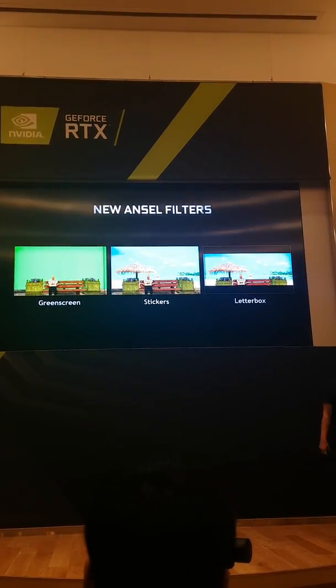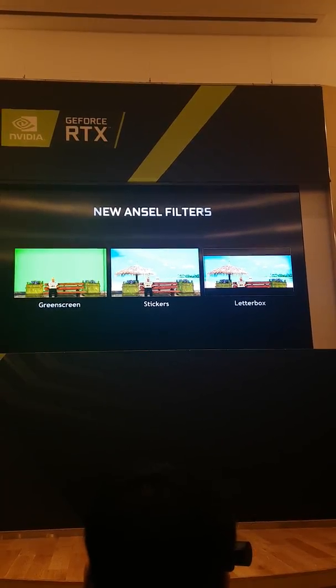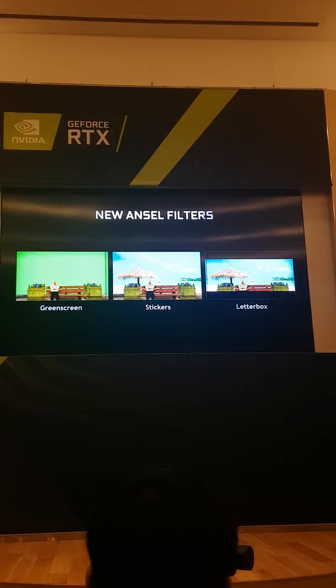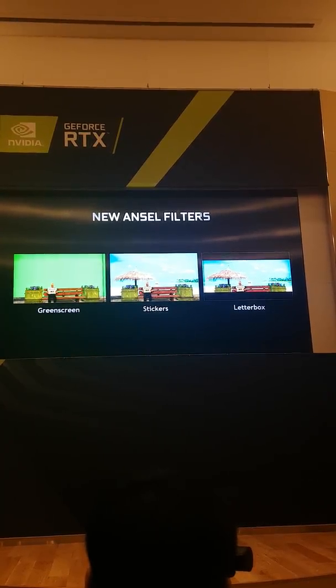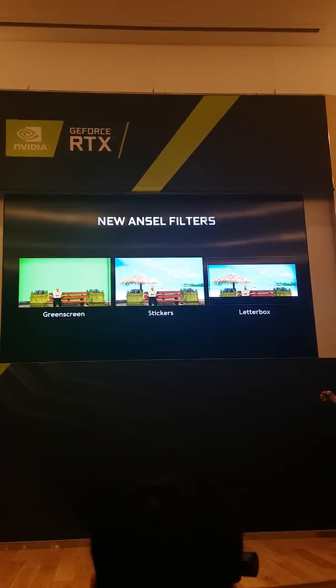We're also adding new filters, such as a green screen in Ansel, so that we can grab the game data to figure out where you put the green screen within the scene, and you can control that, and you can change the background to whatever you